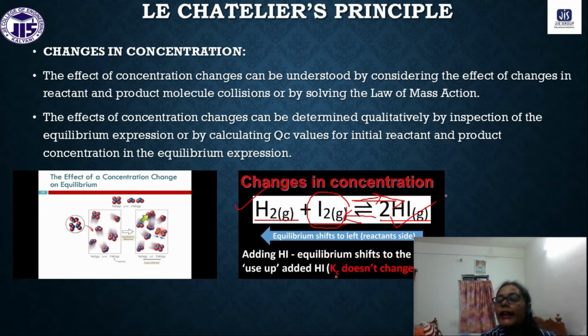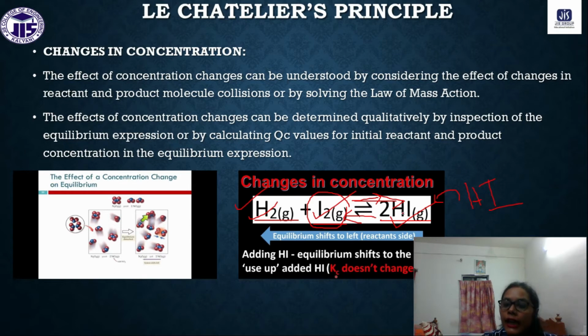Or if we increase the amount of HI, what will happen in our reaction medium? In our reaction medium, hydrogen iodide is already produced as a product, right? Now again we are adding some hydrogen iodide to our reaction vessel. What will happen? The chemical equilibrium will be destroyed. Now to minimize this change, the backward reaction will occur, and more HI will dissociate into hydrogen and iodine, so that the increased amount of HI can be reduced.